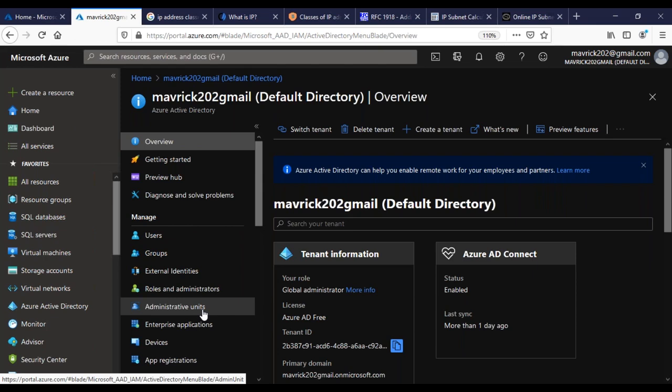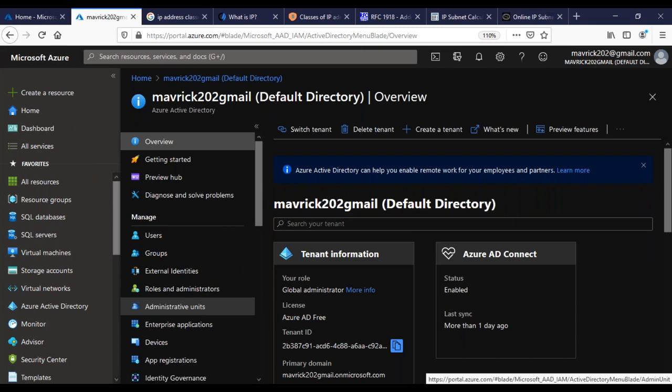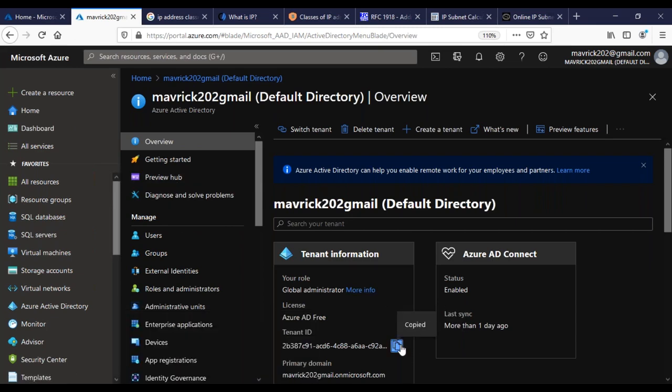Now imagine you are an enterprise company, and as an enterprise company, you are using all the products. For example, you are using Microsoft Azure, you are using Office 365, you are also using Microsoft Dynamics, everything. Imagine if I ask you to create separate accounts for all three, and you need to maintain them separately. It's like a headache basically. So what Microsoft did was, whenever you create an account directly in Microsoft, they are going to allocate you a tenant ID. See this, the tenant information for you, and this is a tenant ID, guys.